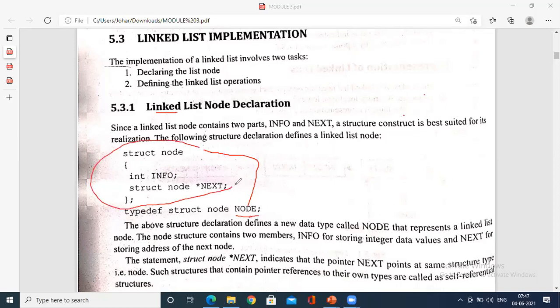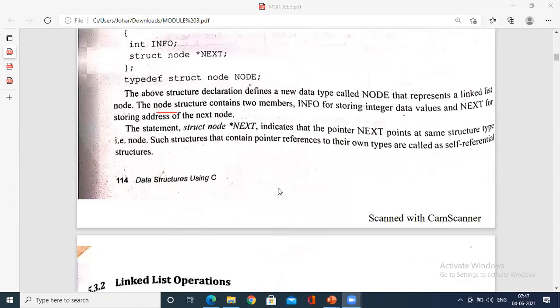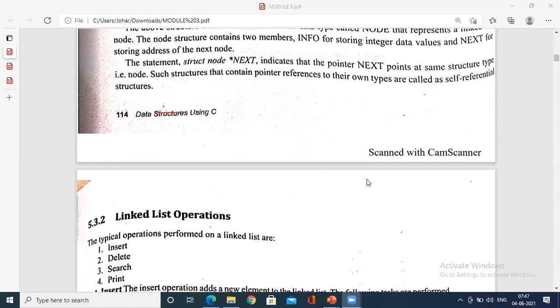Similarly, try to understand, all of you. The declaration defines a new data type called node that represents the linked list node, which consists of two parts, information and the next part, right? Where next is a pointer that points to the same structure type. Okay, so what are all the links?